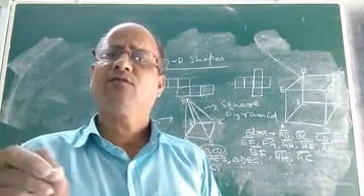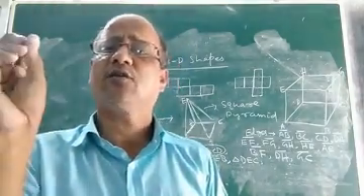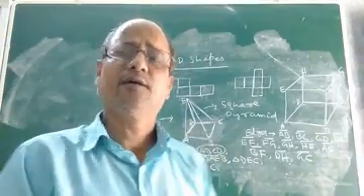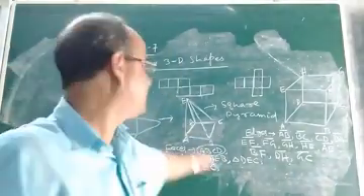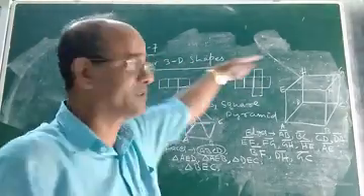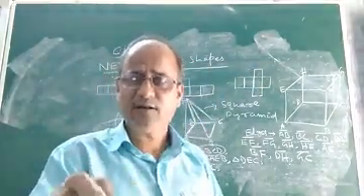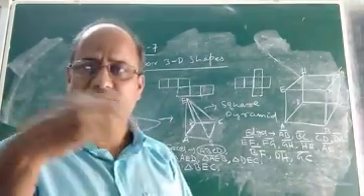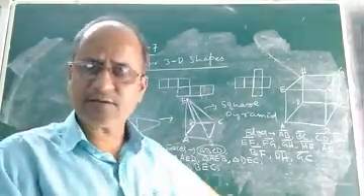Here we discussed everything about tetrahedron or triangular pyramid, what a pyramid is. Then in this class we discussed nets of 3D shapes: what a net is, how to get nets of 3D shapes, and what happens if we fold the nets of 3D shapes. I discussed everything in detail.